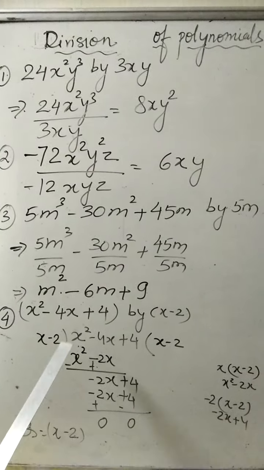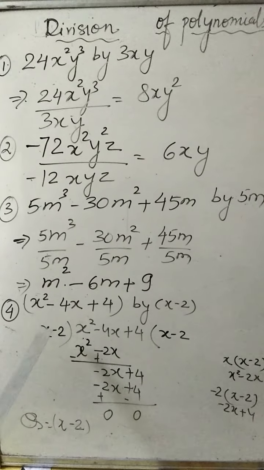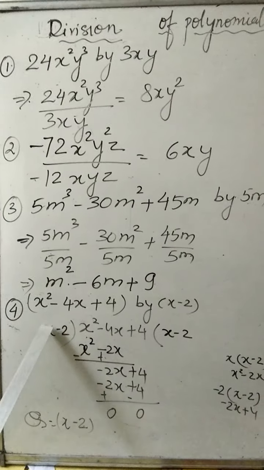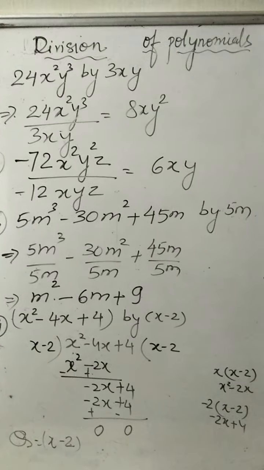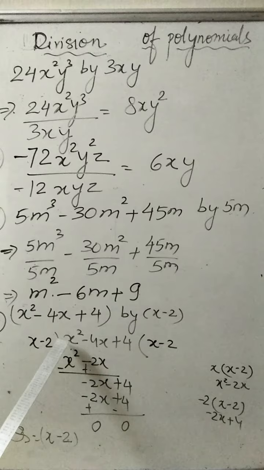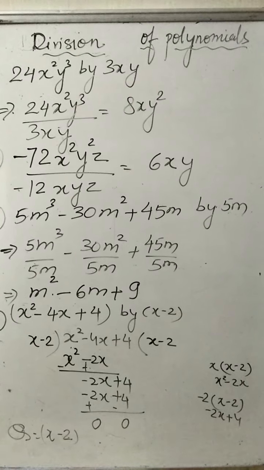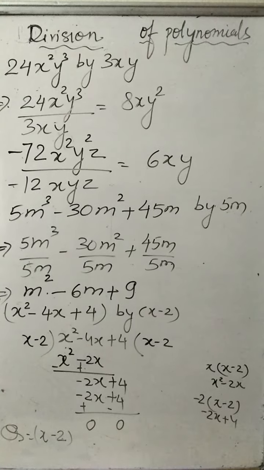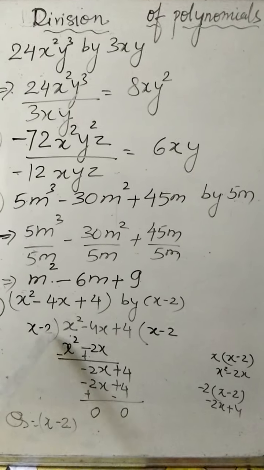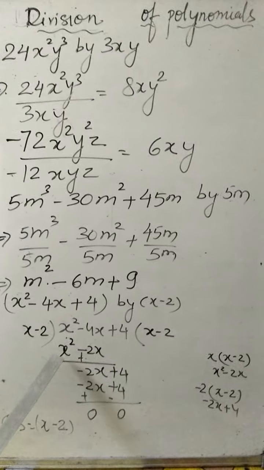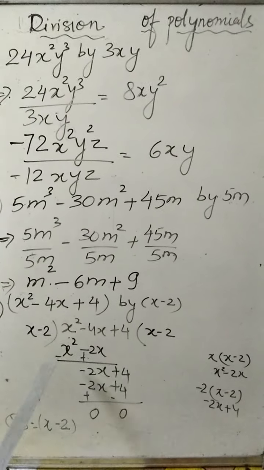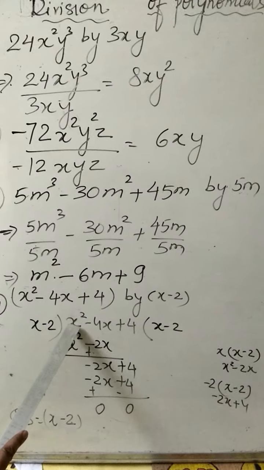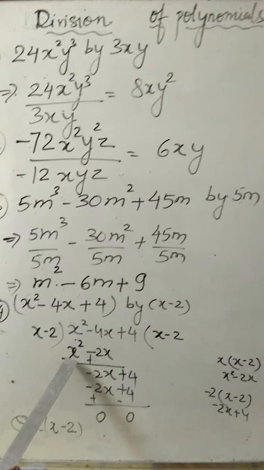So your target is, what you will multiply with this expression so that you will get x square here. And remember one thing, if here is minus x square, then you have to think of which number we can multiply this divisor by, so that you should get minus x square here. So I have done rough work here. We want x square here, because here it is x square.